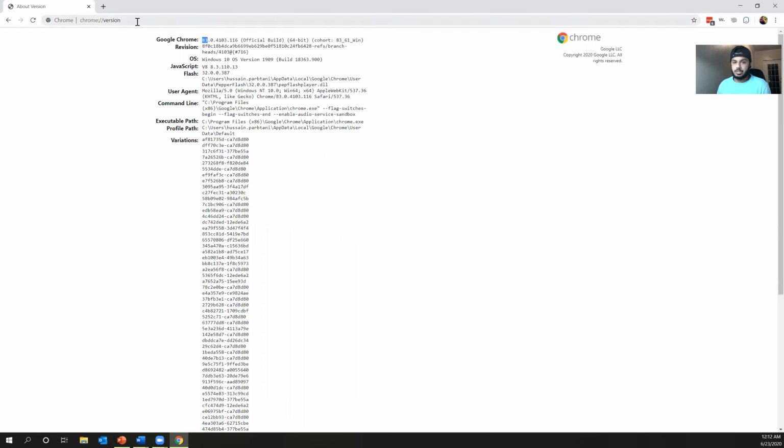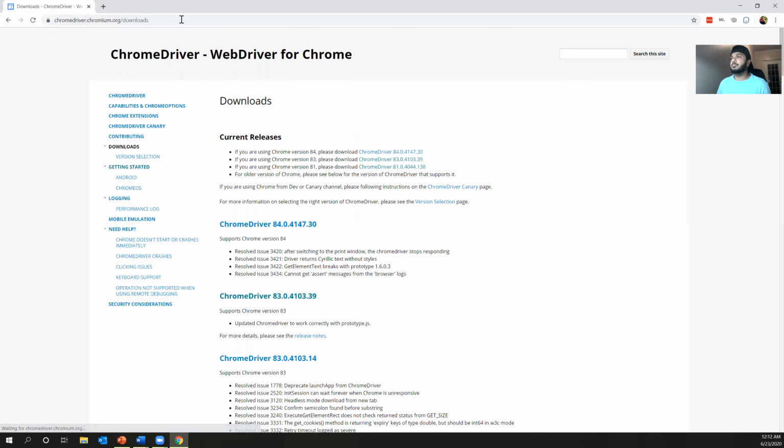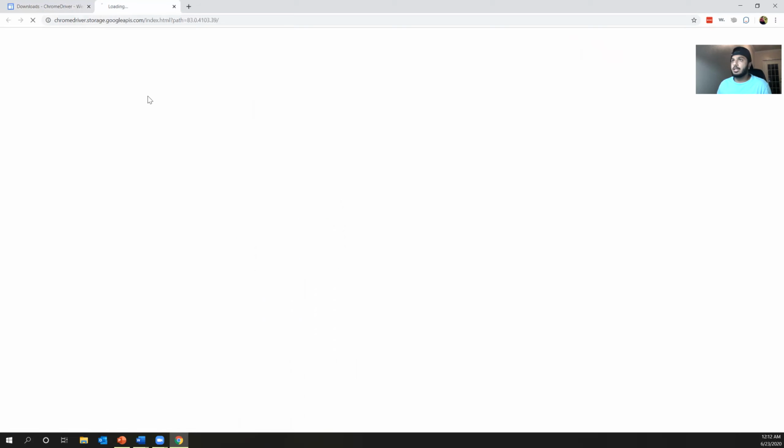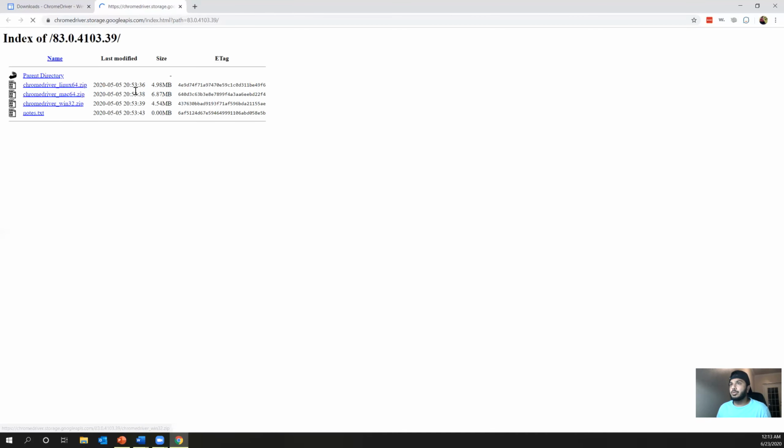And then I'm going to go to the website that's in the instructions, which is chromedriver.chromium.org/downloads. This is where we will be downloading the Chrome driver from. You're going to download the Chrome driver for your version of Chrome. I have version 83, so I'm going to click this. This is going to take me to